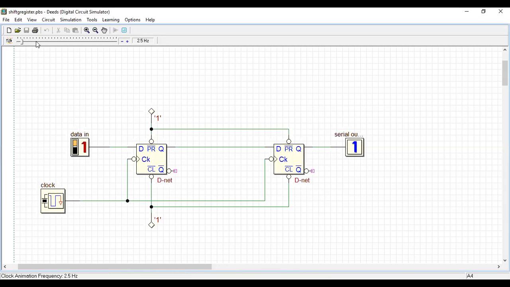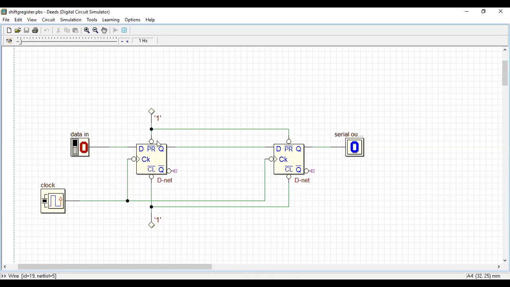If you increase the clock speed and then start animating it, quickly you can see the changes. Or else if you want to see how the 1 is going inside the flip-flop, then you stop animating this clock pulse and then see, I'll change my input now to 0. So this is the first clock, and in the second clock I can see the output has changed to 0.